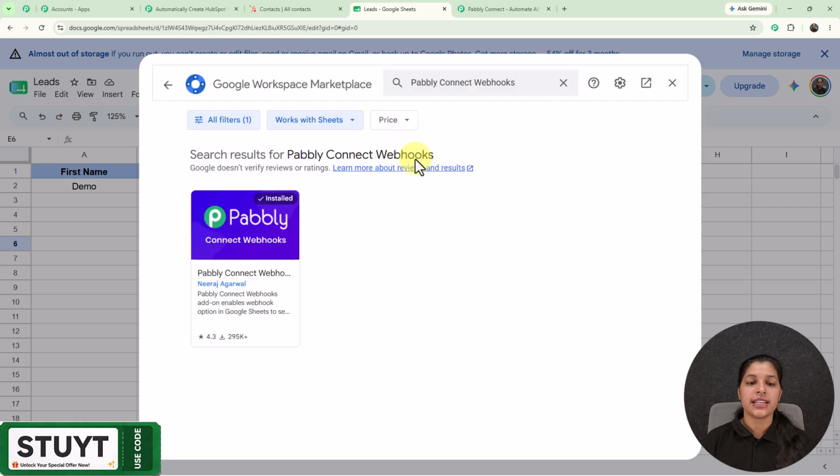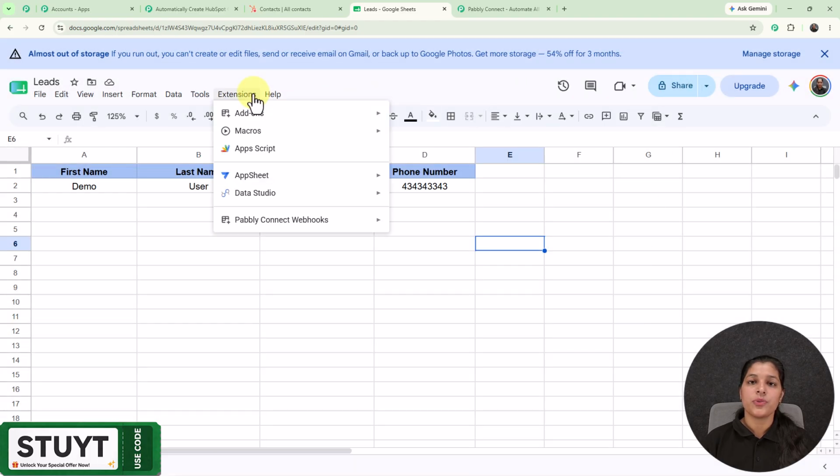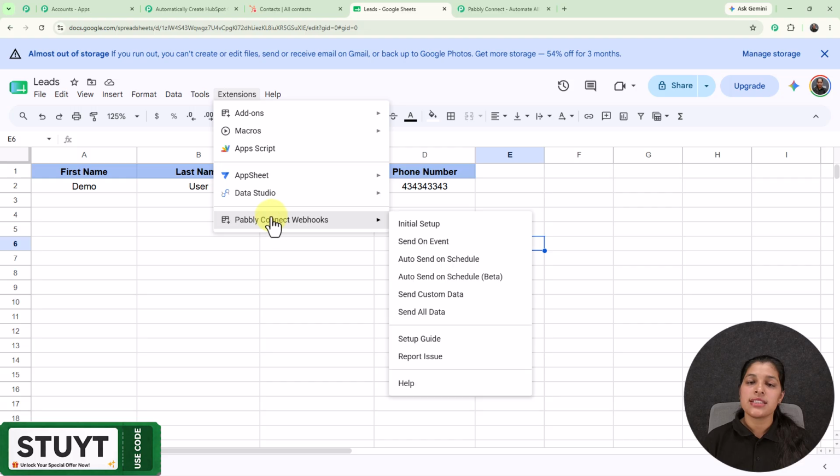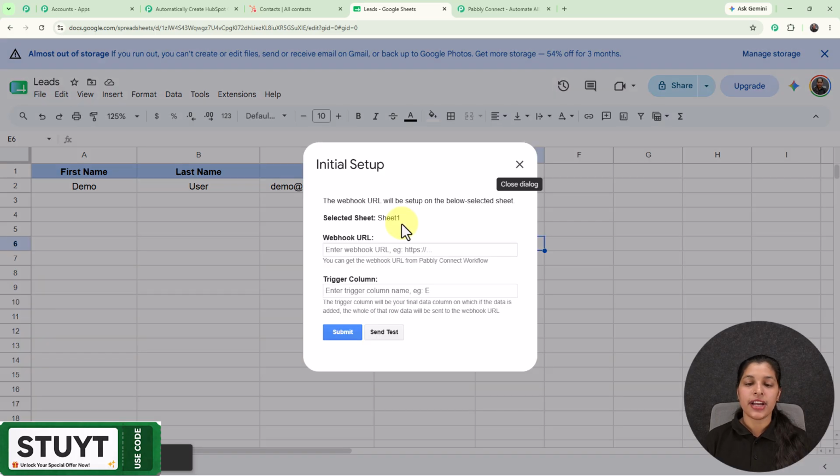And right here we are getting this application which is already installed. So make sure to firstly install it, and afterwards again you have to go towards extensions where you will see this option of Pabbly Connect Webhooks, and here you have to select initial setup and you will get the initial setup dialog box. And right here we are getting this dialog box where I'm going to add the webhook